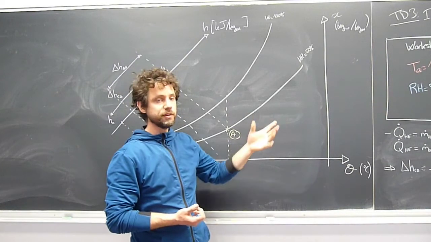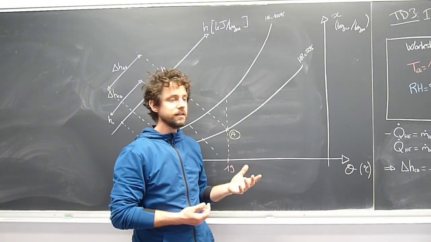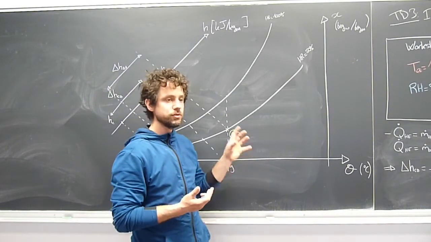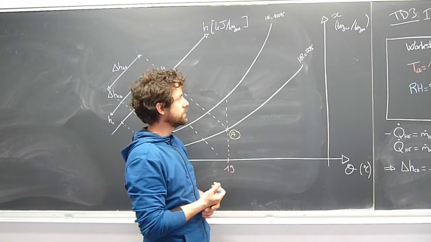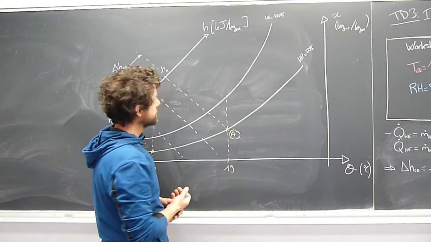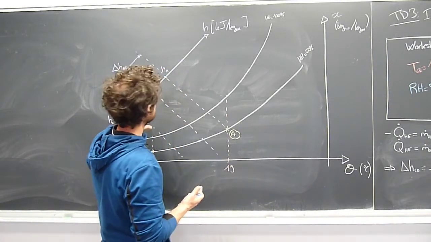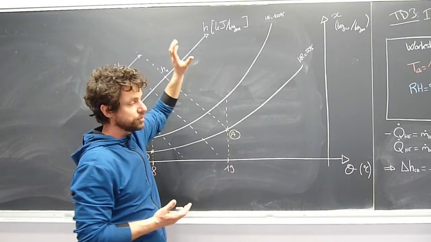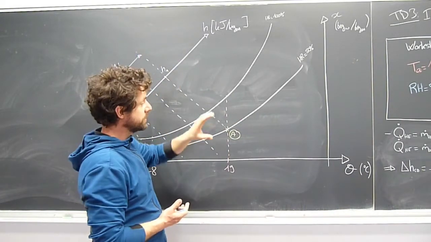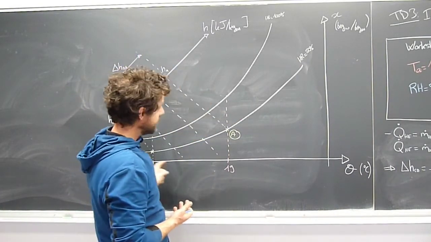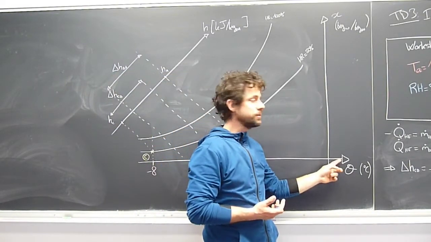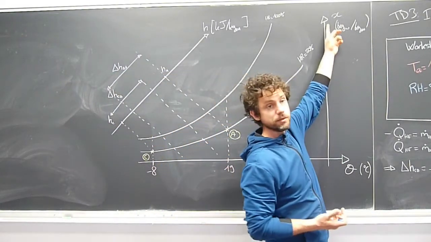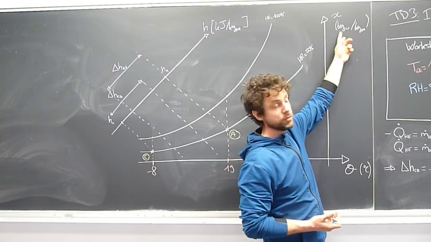There are probably fans, but we neglect the variation of pressure due to the fans and to the pressure drops in the lines. We consider that the pressure is always the same, and we have one given total pressure for one Carrier diagram. The x-axis is the temperature, the y-axis is the moisture content in kilogram of water per